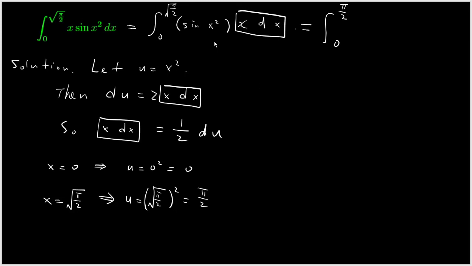And then the first factor in the integrand is psi of u. And then the whole thing in the box is half of du. To evaluate the integral, you need a particular antiderivative of psi of u, which is negative cos of u. And you evaluate the antiderivative from 0 to half pi